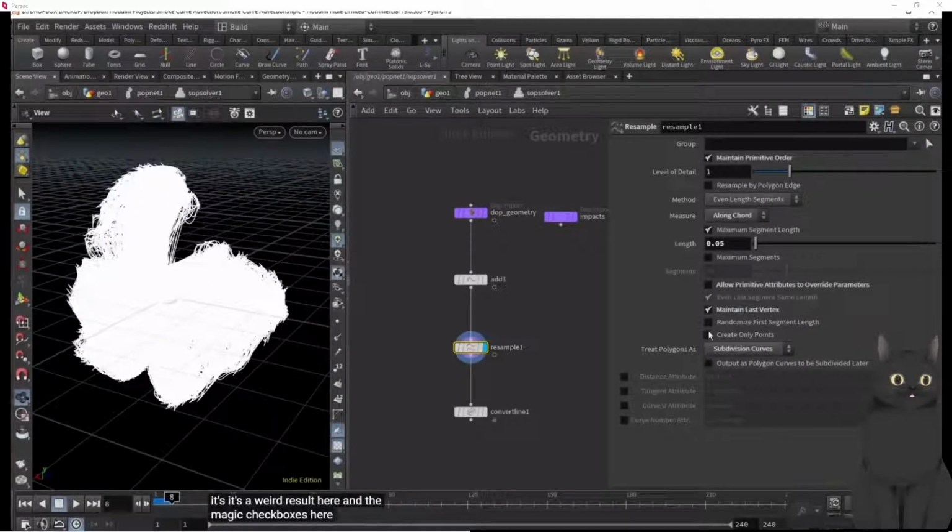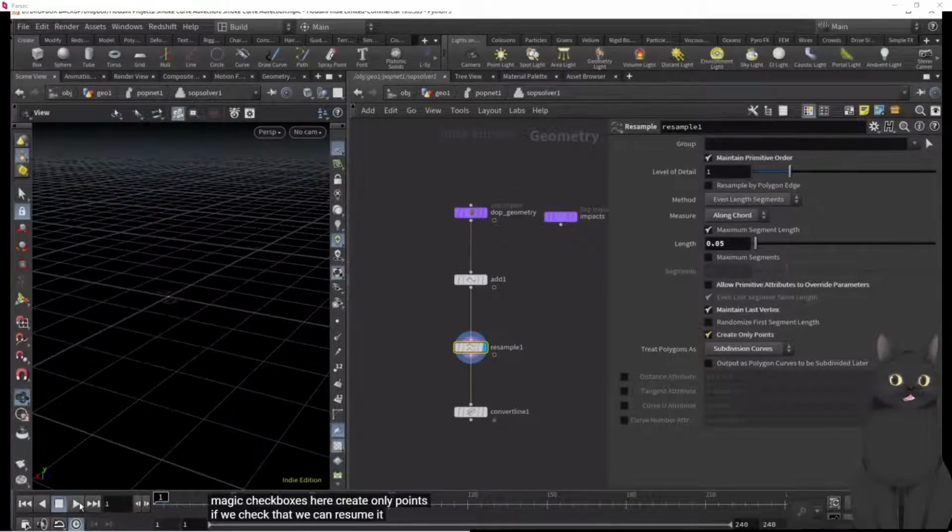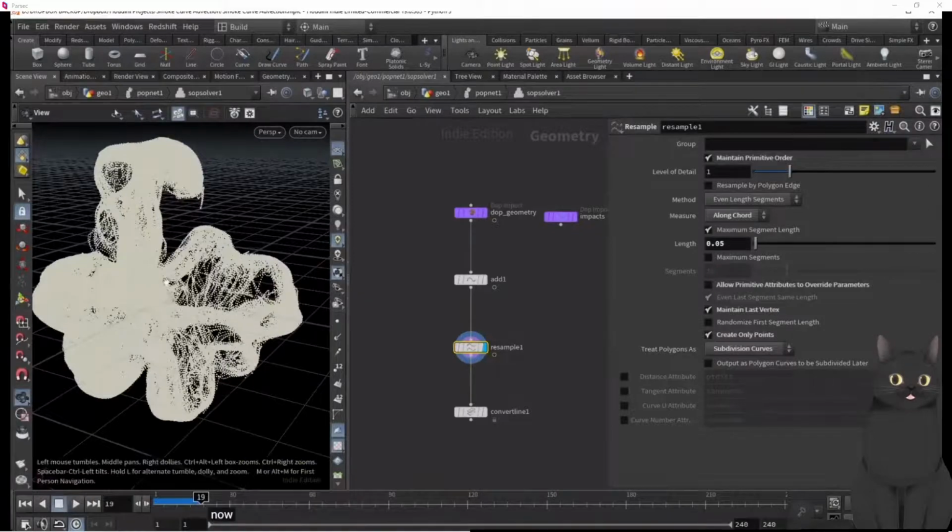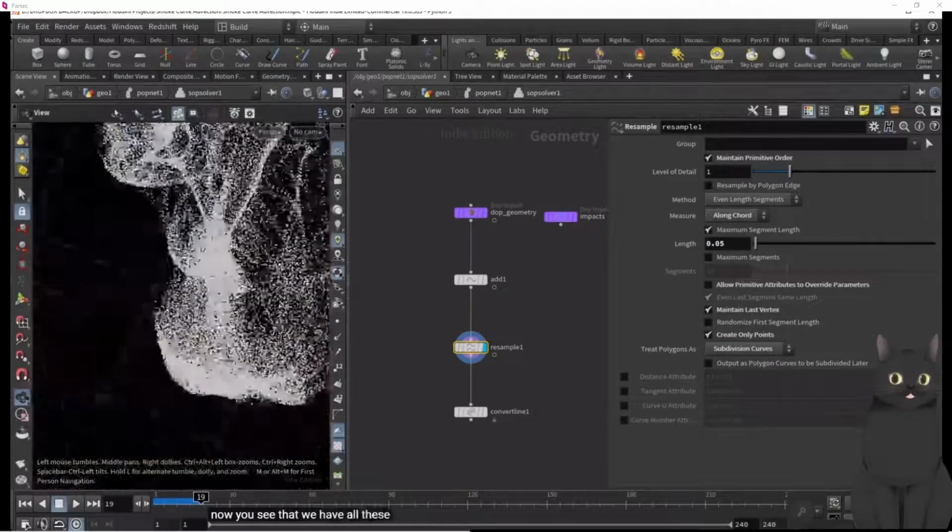And the magic checkbox is here. Create only points. If we check that, we can resim it. Now you see that we have all these particles that